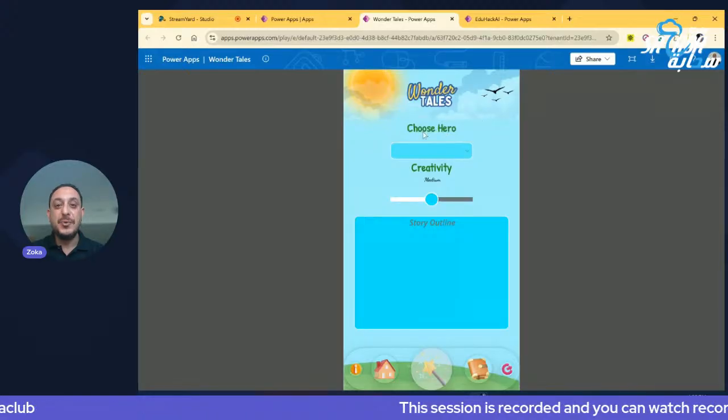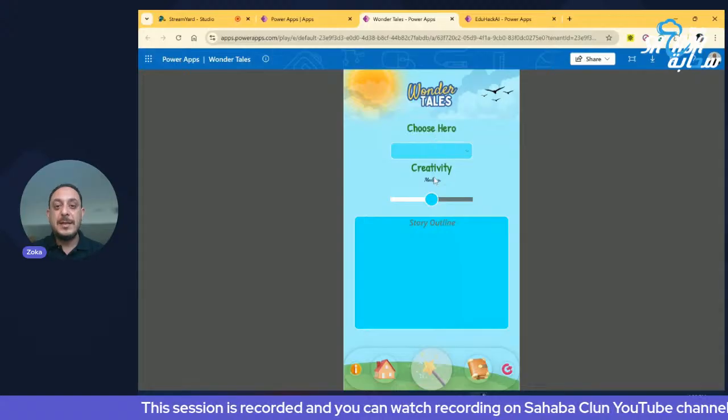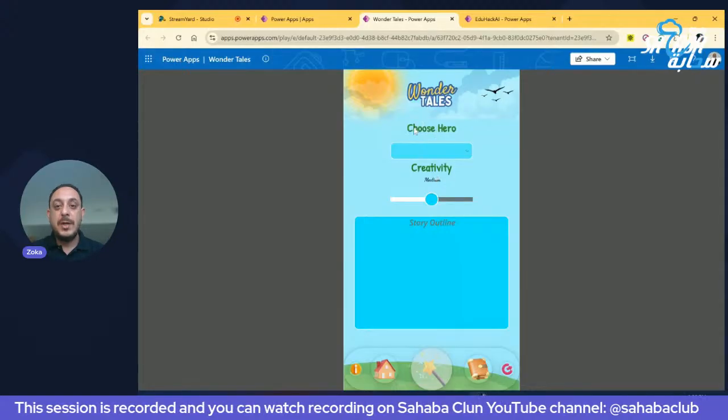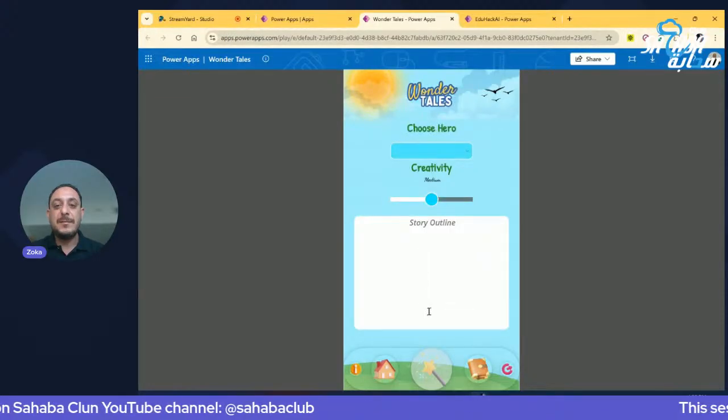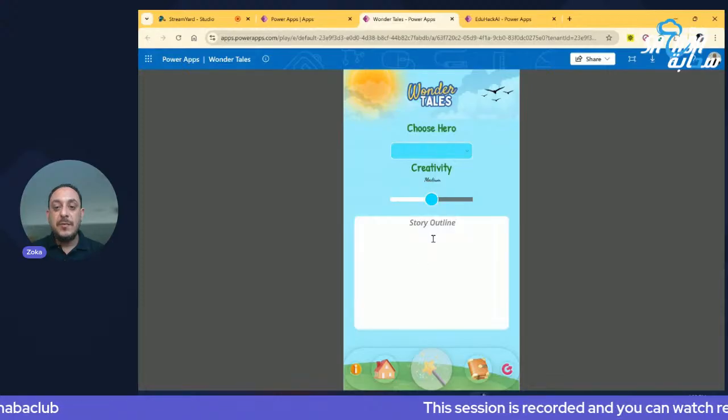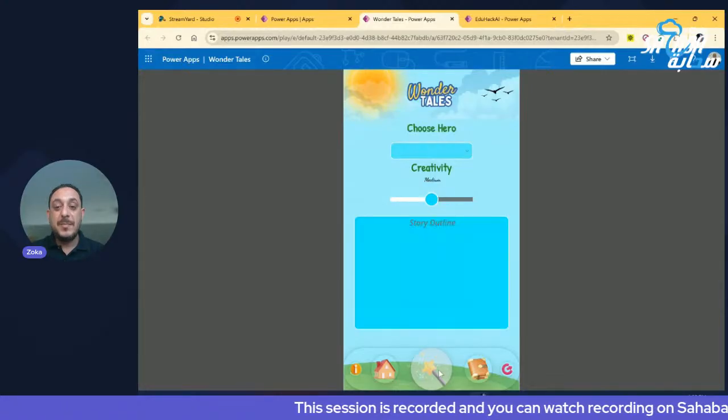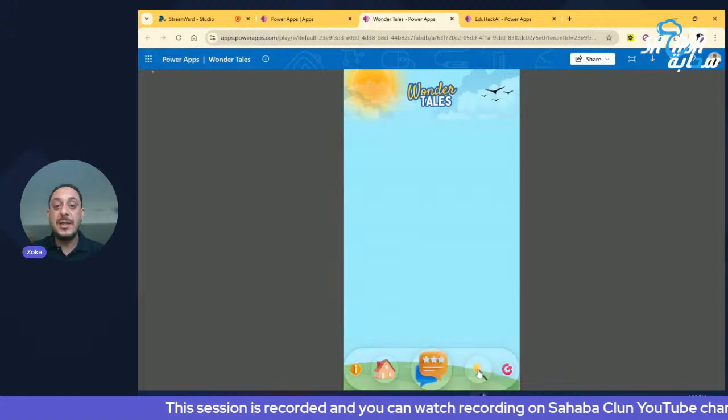As we see here, we can see "choose hero" is written in the center of the screen exactly. It's not even 1 millimeter right or left. So we have here an example of centralizing the component of the screen in the middle of the screen. And we can see another example